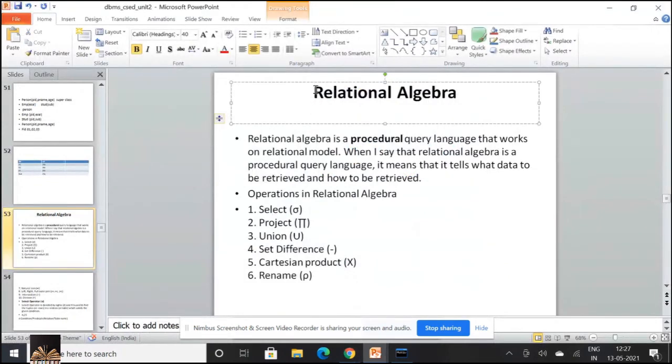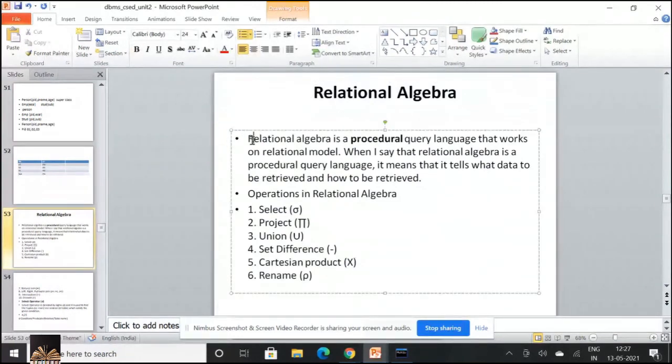Talking about relational algebra. Relational algebra is a procedural query language that works on a relational model. Already, I told you this. It is a procedural query language, which means that it tells what data needs to be retrieved and how that particular data will get retrieved.